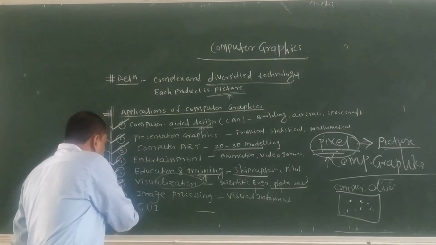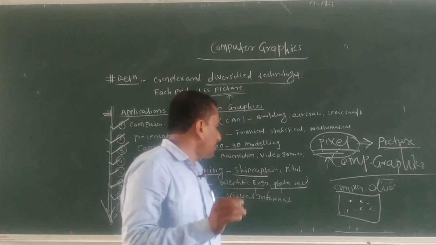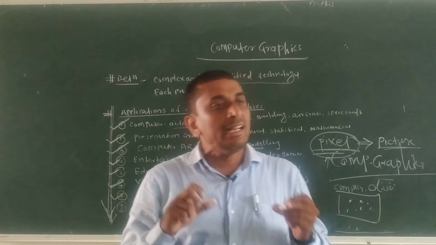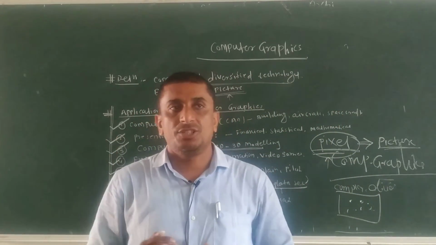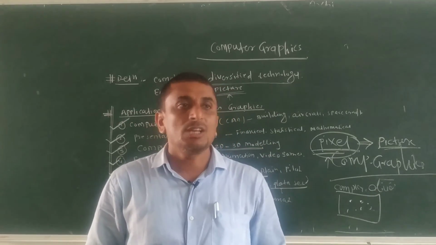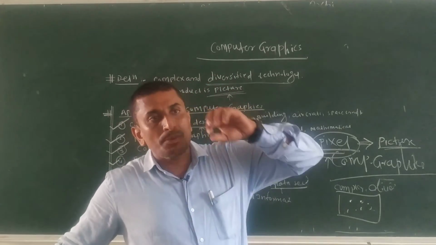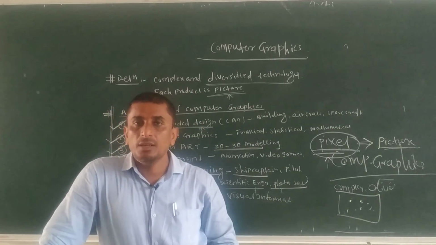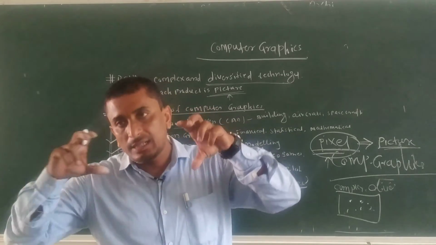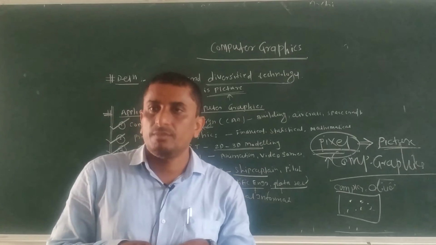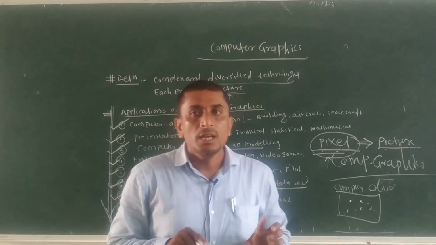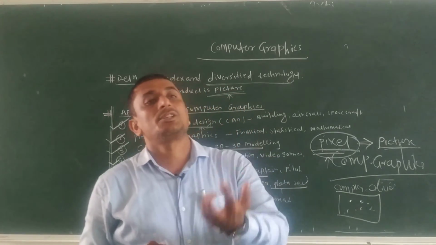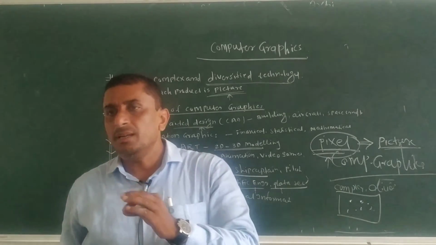Okay. Now the seventh application that we call image processing. So what exactly does image processing mean? Image processing indicates visualization of the image, visualization of information. So what exactly does visualization of information indicate? We can visualize the corresponding information in the form of a picture, that we call visualization of information. So making a visualization of the picture in this particular form, that we call visualization of pictures.